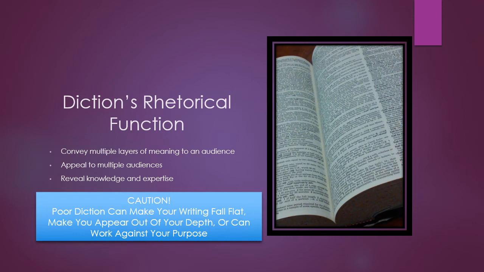So you have to make sure you're using words that fit with who you are as a speaker or as a writer. And then finally, it can work against your purpose. Again, in the case of Calvin, describing himself as euphoric, or realizing that using that word wasn't appropriate, actually worked against his purpose of wanting to be happy or wanting to be content with the world. And so you have to be careful not to go too far with your word choice, because that could throw off your purpose a little bit.